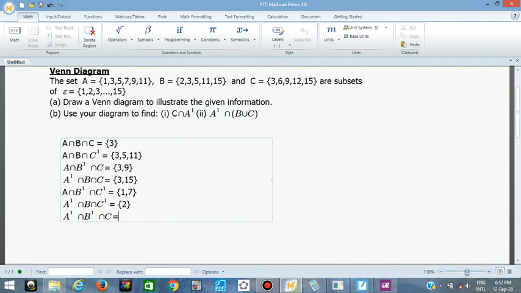That is equal to, open the bracket. So the only element in C but not in B and A, let's see. The elements in C that are not in B and A, we have 6. 6 is not in any of the other sets apart from C. 9 is in A. 12 is also in C only. 15 is already in B, so we don't need 15, so you close the bracket. So with this, I think we are almost done.